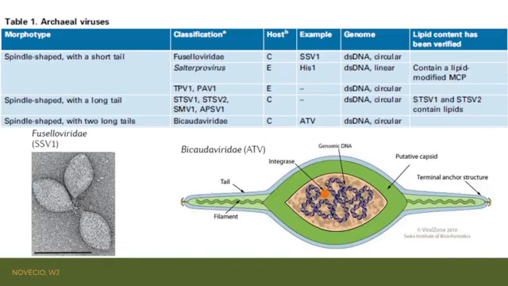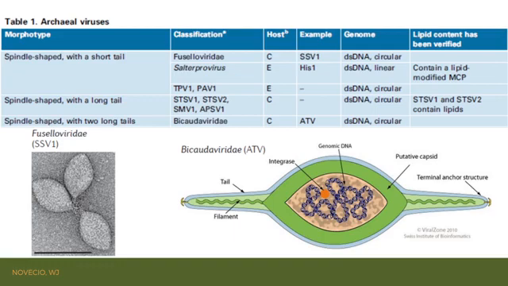The next morphotype is the spindle-shaped viruses. They are widespread in archaea-dominated environments and represent a prominent component of the archaeal virosphere. However, due to intrinsic flexibility and heterogeneity of the spindle-shaped virions, structural studies on these viruses remain highly challenging. They are abundant in both hypersaline and hyperthermic environments, and these viruses have a short or long tail attached to one end of the virion, or long tails attached to both ends.